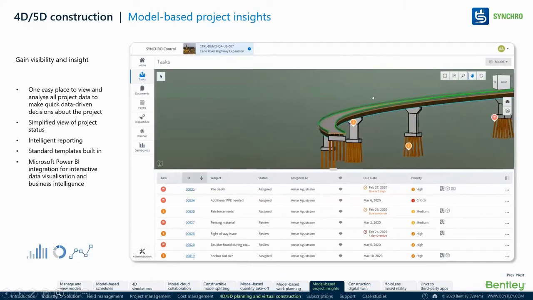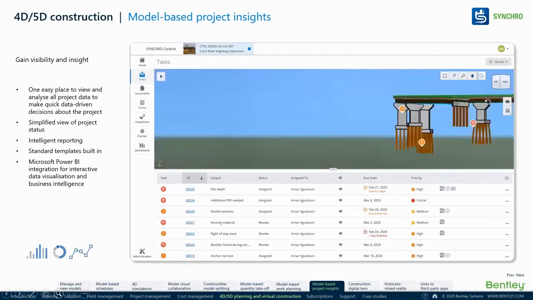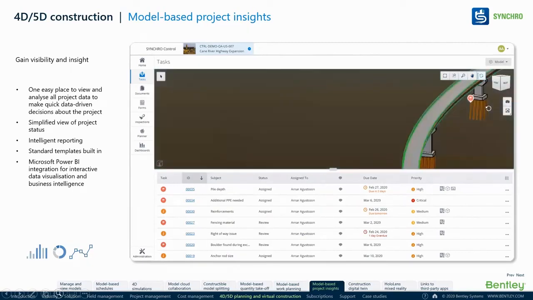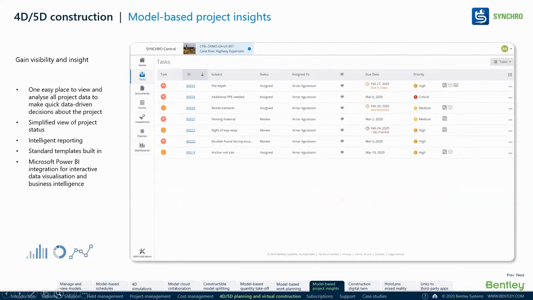So all those tasks you are raising can be issued to a map, attached to a map, or attached to a 3D model. So what is the advantage of that? You are communicating to the person responsible for handling the task that this is your task, this is where it is located, and this is where in the model you have to go. So you are communicating without talking to him verbally.